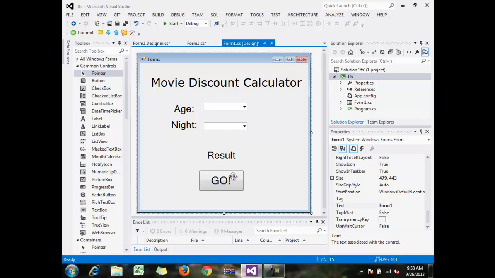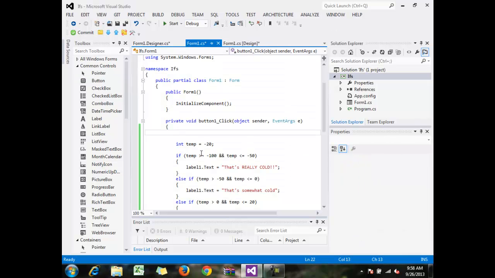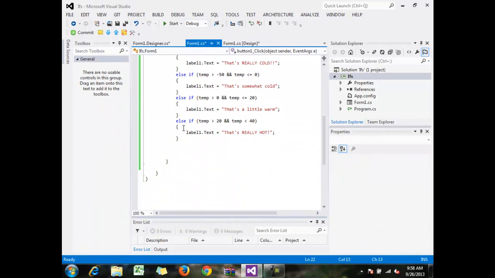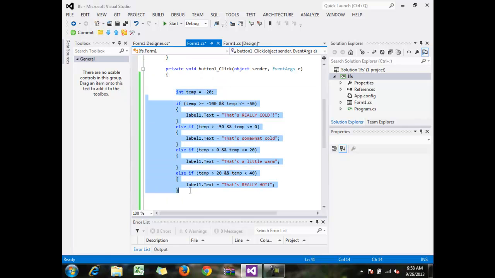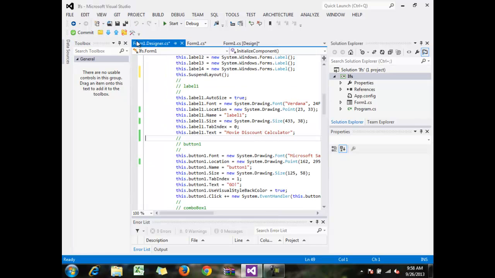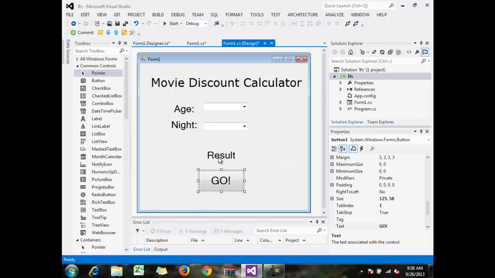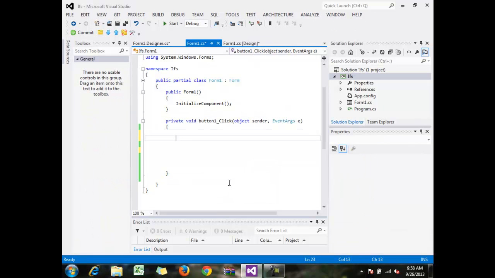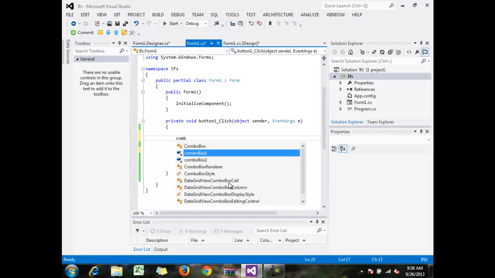So now what we're going to do is click on Go again, and we'll get rid of our temperature code here. Okay, let's get rid of that. First we need to find out the value, because what we want to do is print out a different message here depending on the combination of age and night, right? So let's figure out what's the name of our combo box up here. It's combo box 1. Okay? So let's figure out how we can use combo box 1. So we'll type in combo box 1,